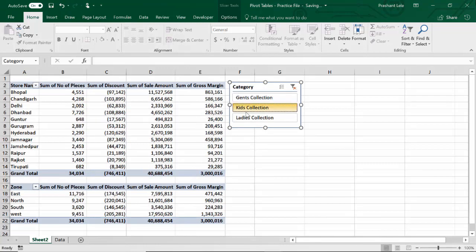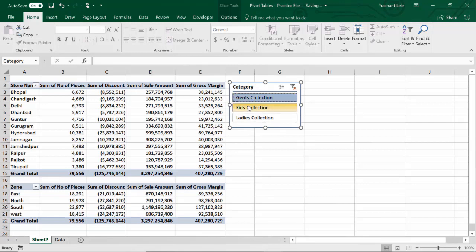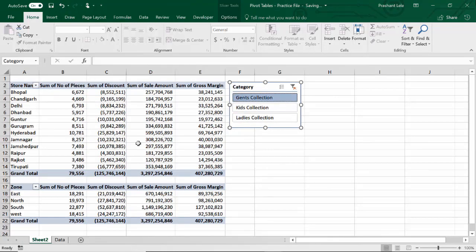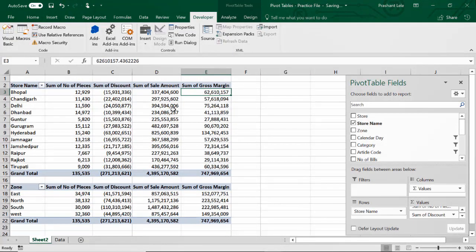See, both pivot tables are changing. So this slicer is controlling both the pivot tables, but this is happening because I copied this pivot table and pasted below, so automatically that slicer got connected to this pivot table also. But what will happen if you have already created a pivot table and after that you create a slicer? Just have a look. I am just deleting this slicer. Now I am creating another slicer again.